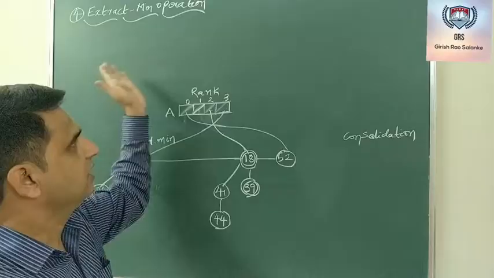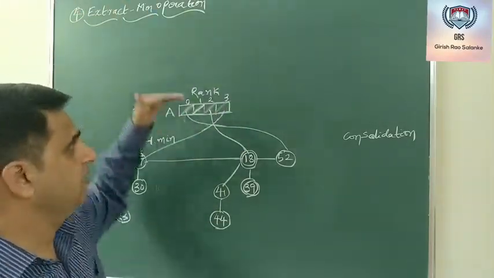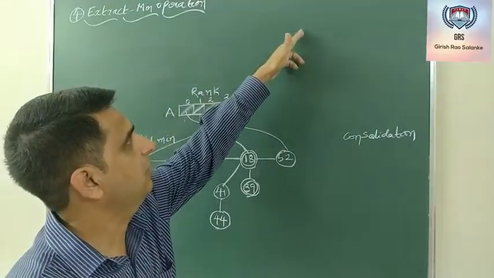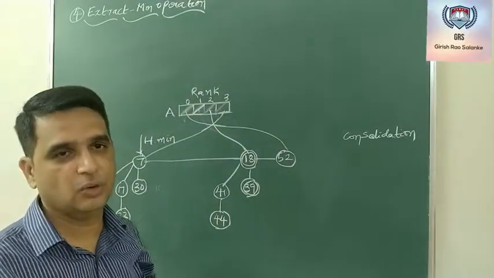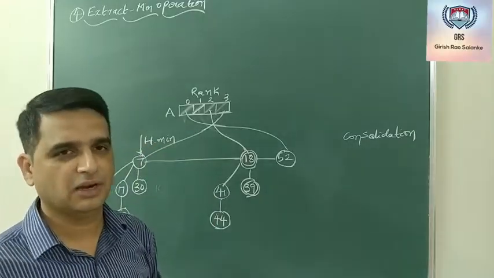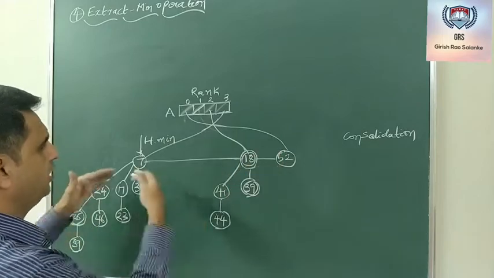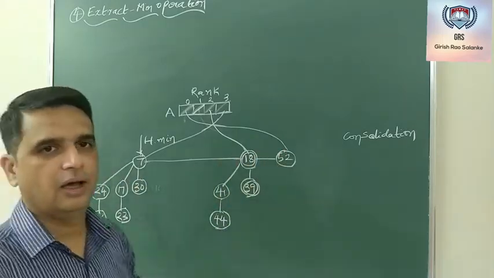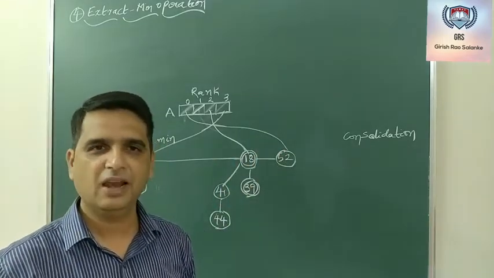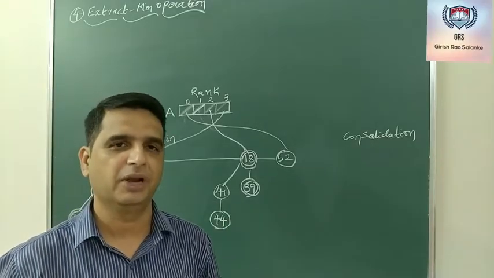Now in this case, there were other trees, so I should make h dot min point to the next node. And even in this case, the next node was not there. Next node in the sense it should point to the first node. Now after pointing to the first node, I need to do consolidation. This is how consolidation works. Now after doing consolidation, this will be my final heap. Hope this is clear. Now let's go to the pseudocode of performing the extract min operation.